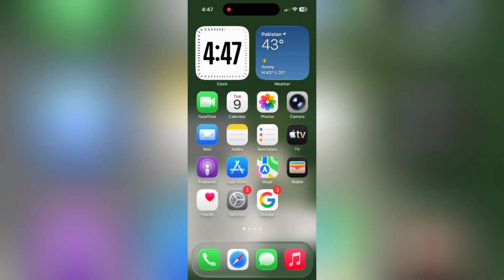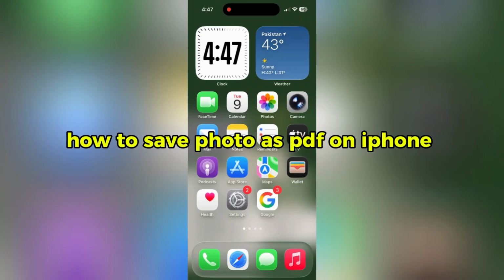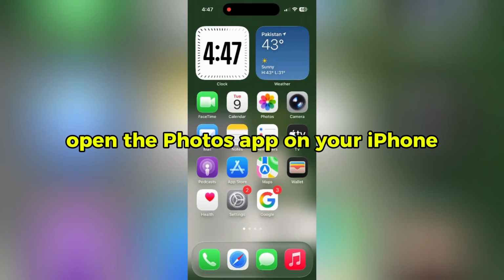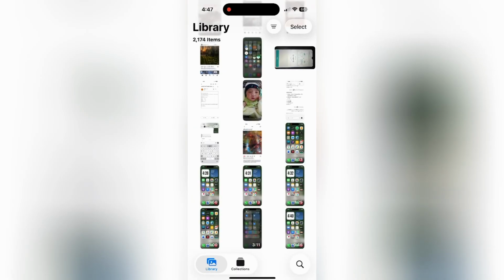Today, we will learn how to save a photo as a PDF on your iPhone so you can easily share, store, or send images in PDF format without using any third-party apps. So, let's get started. First, open the Photos app on your iPhone and find the image you want to convert